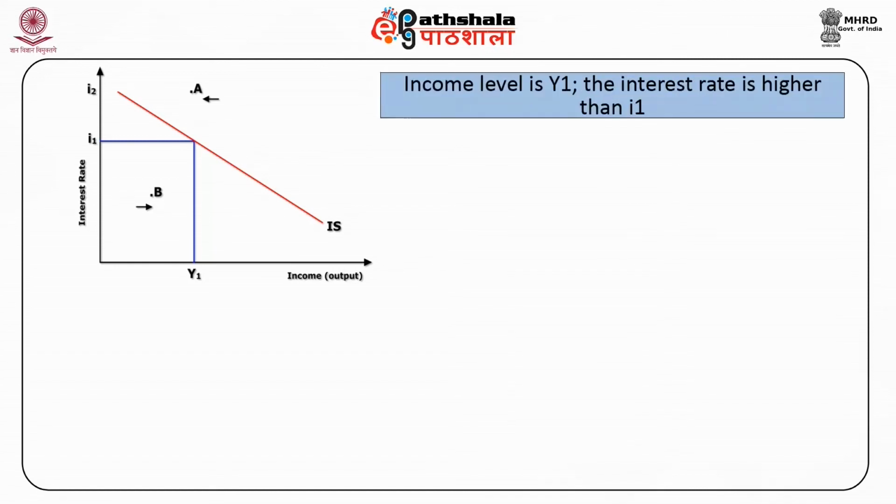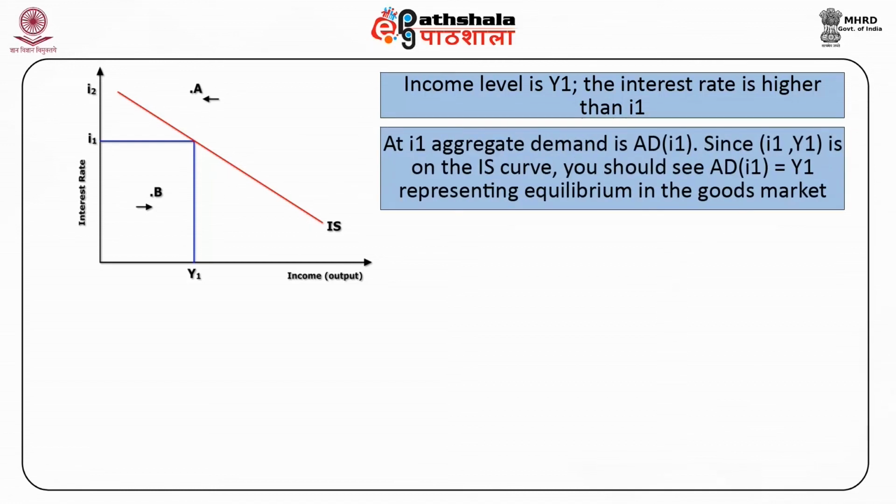Here, the income level is Y1, but the interest rate is higher than I1. Suppose at I1 aggregate demand is AD(I1). Since (I1, Y1) is on the IS curve, you should see AD(I1) is equal to Y1, representing equilibrium in